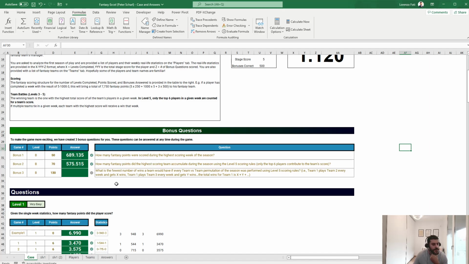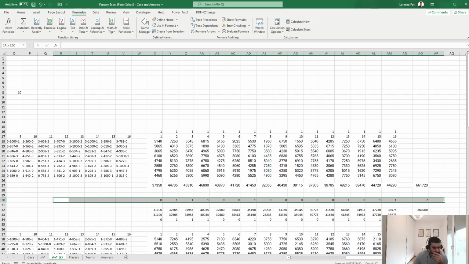It's the fewest number of wins a team would have if every team versus team permutation of the season was performed using level 5 scoring rules. Team one plays team two every week and gets X wins. Team one plays team three every week and gets Y wins. The total wins for team one is X plus Y plus something. Okay, I will need some more time to digest this actually. The fewest number of wins a team will have if every team versus team permutation of the season was performed. Okay. I still have